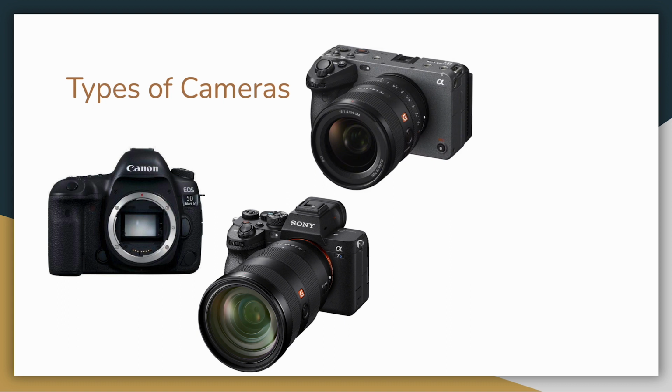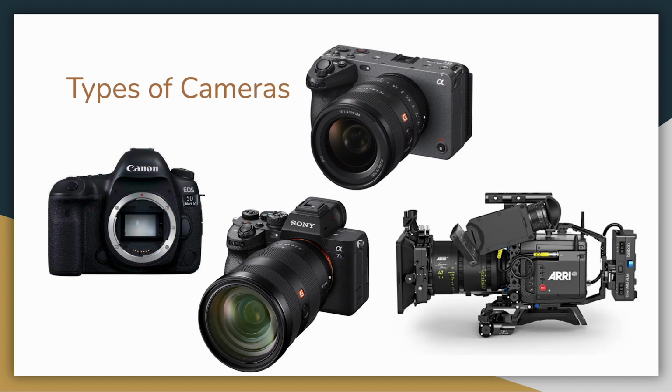Now these cameras, like the Sony FX3, like I have in the slide, allow everyday people to have access to top-of-the-line cameras. And then finally, since we mentioned them, we have professional cameras. These are the cameras that you'll see on film sets, TV shows, and also the ones that will eventually take